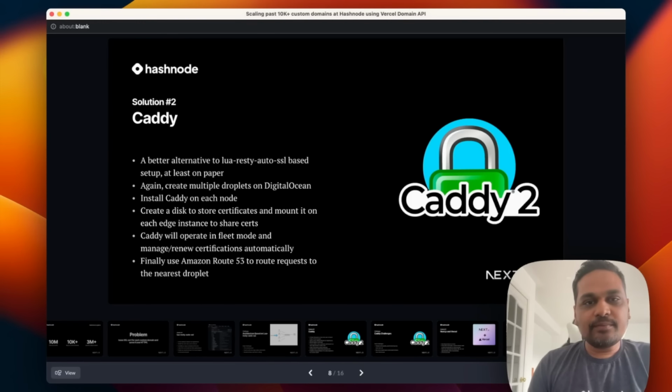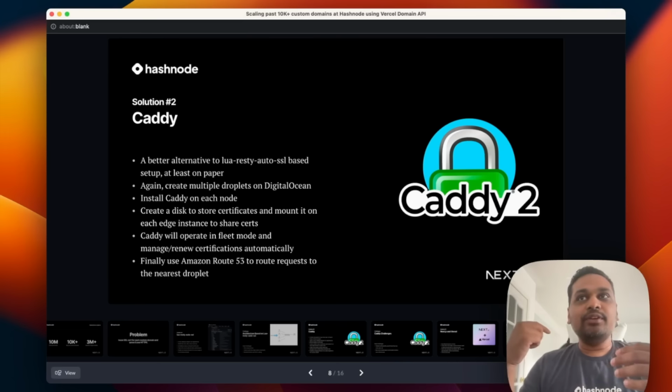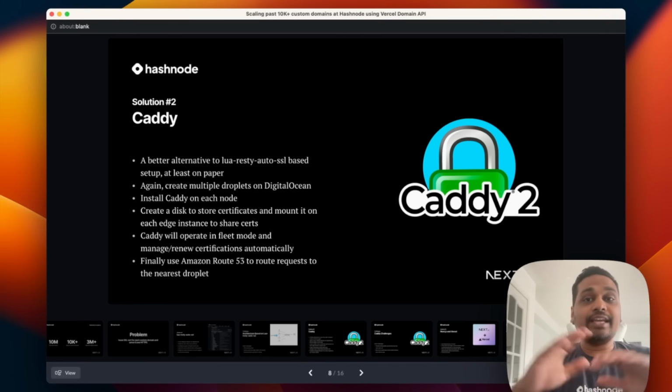So after that, we started evaluating Caddy. Still a big fan of Caddy, and the best part of Caddy is that it automatically supports HTTPS out of the box. If you give it any arbitrary custom domain, and as long as the DNS configuration is right, it can generate SSL certificates using Let's Encrypt.